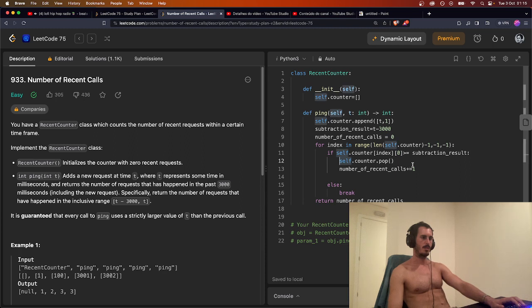Yeah, I think we remove the last one. And this is value and counter and the number of recent calls. So this one. Else, I'm going to add to the counter